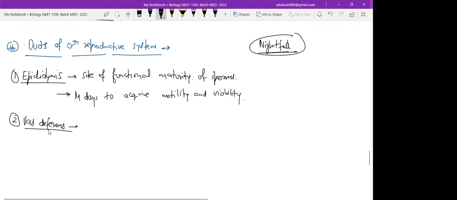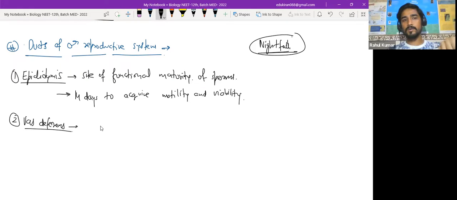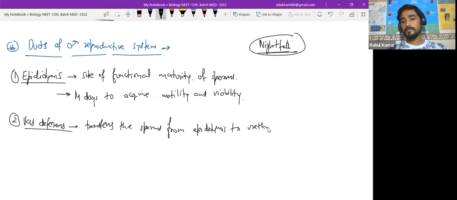Yes. Now write down vas deferens. It transfers the sperm from epididymis to the urethra. First function: it transfers the sperms from epididymis to urethra. Second thing,